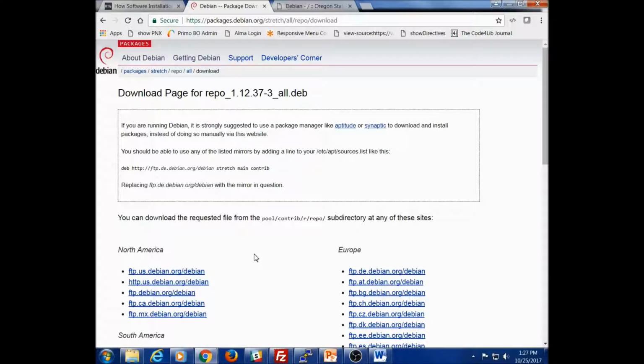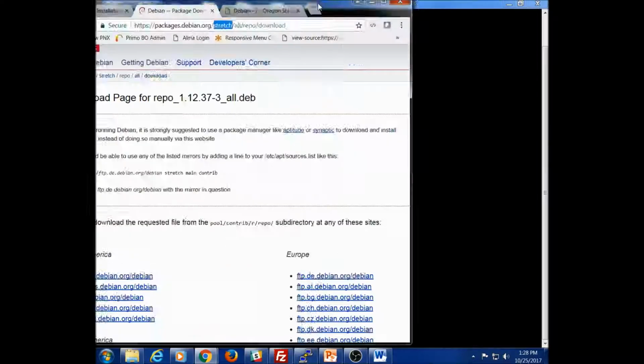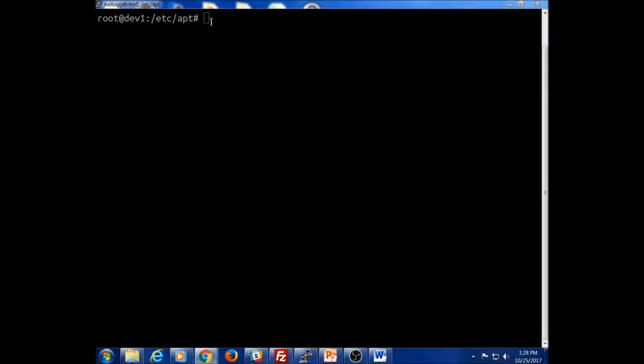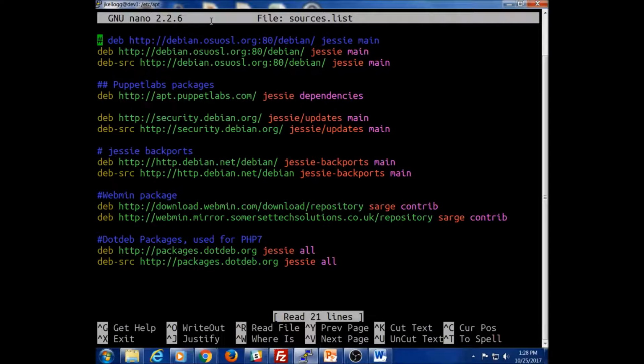So for Debian, we have instructions here at packages.debian.org. Stretch is actually the latest version of Debian. I'm using Jessie still. So what I'm going to do is just use these instructions here and put this into my file. So I think what I'll do is move this to the side, and let's open up our sources list. So I'm just going to do nano sources list,